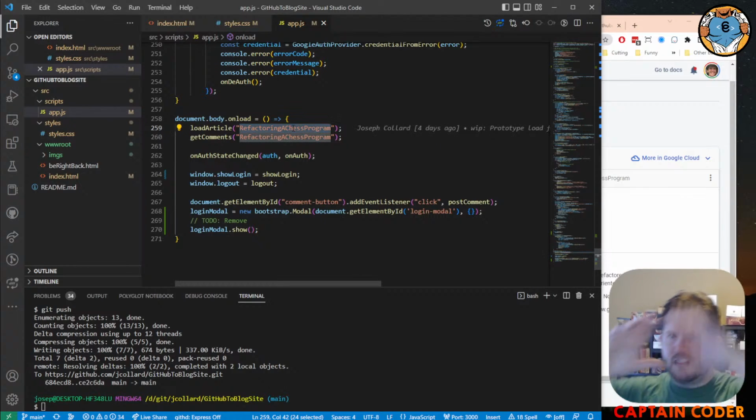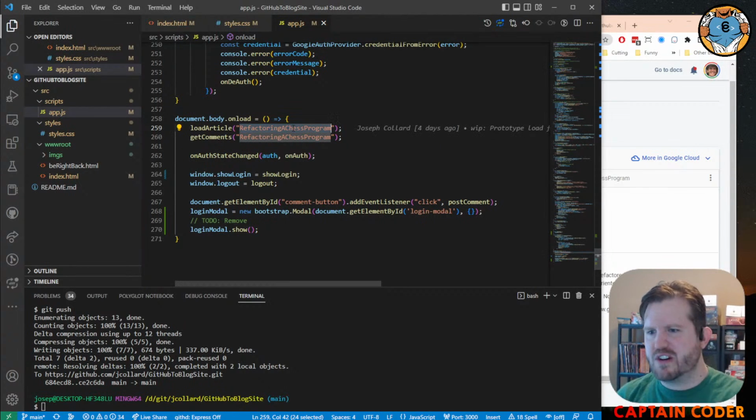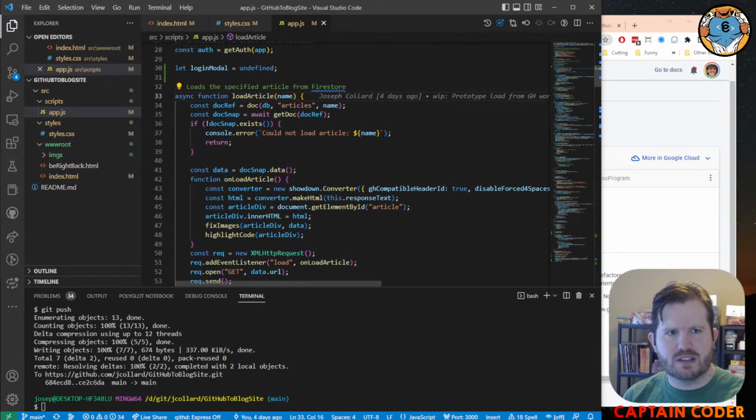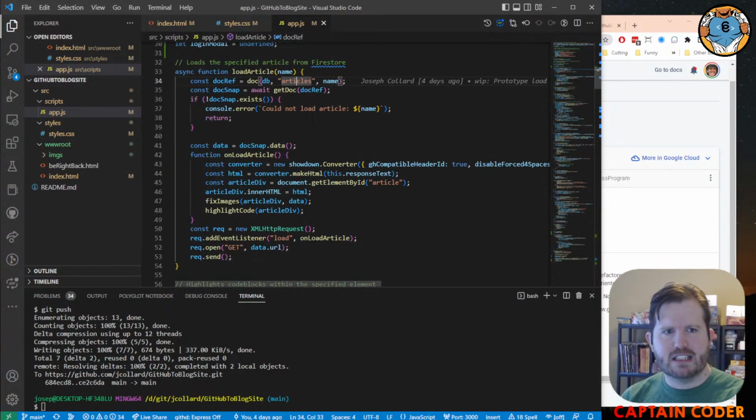And the idea is I'll eventually make it so that you can see different articles, load different articles, that sort of thing. But we have refactoring a chess program here. And so this will load in the article. So let's look at what load article does. It connects to the database. It pulls out,